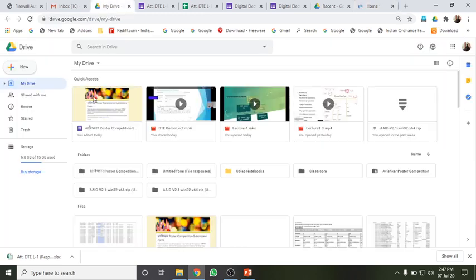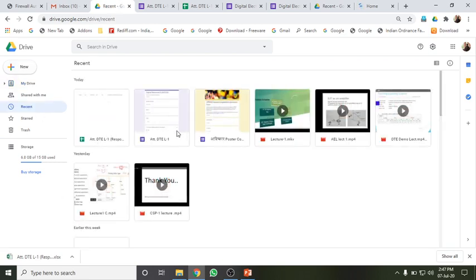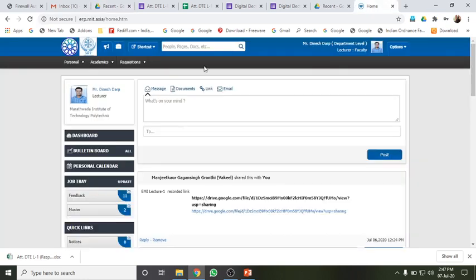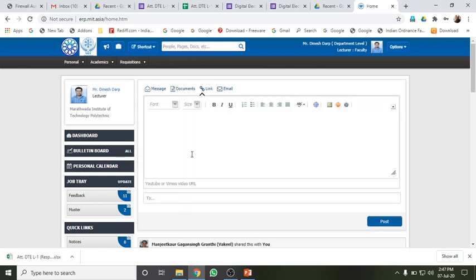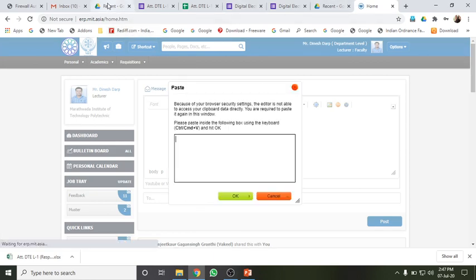Now both these links are available in your Google Drive. The form which just now we have created, if you want to see that, you can click on resend and you will see this form available. So we have created this form, attendance DT lecture 1, and the date of this response. Okay, so going here and now going at this link option, I can paste this link here. Now this link will be pasted here.